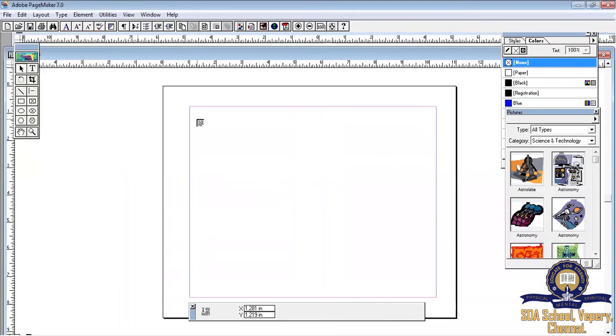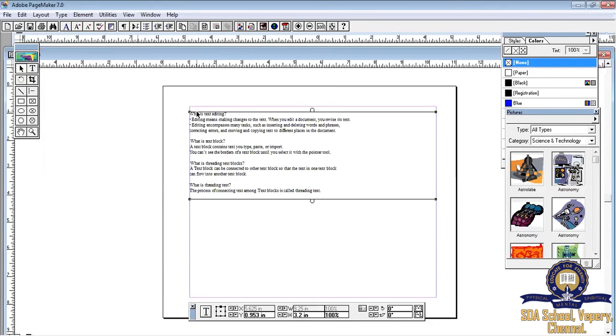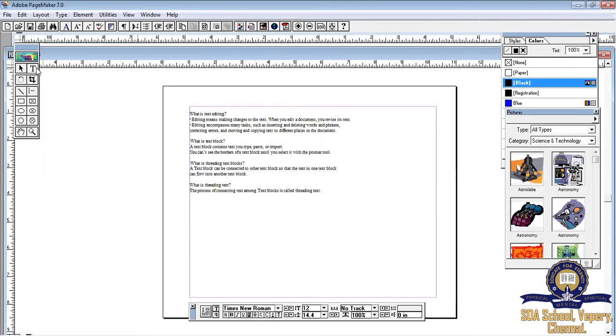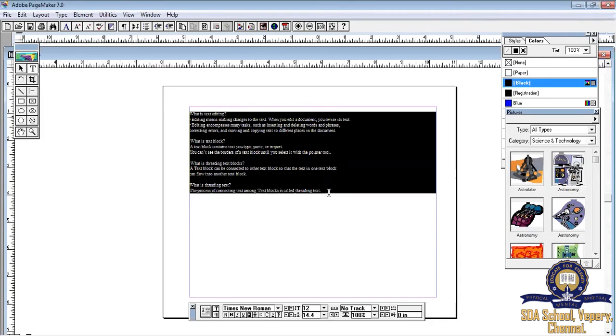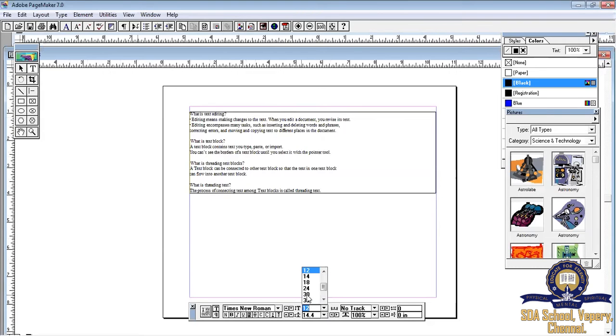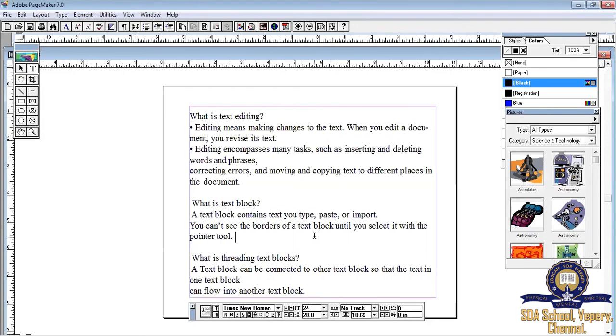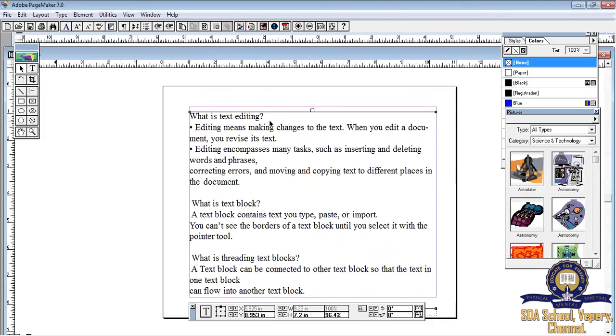Once you choose file number 3 in your place dialog box, the icon changes to a loaded text icon. Place it on the screen and click. The content is pasted from that file. Now select this content with the help of your text tool. Enlarge your font size. Select this text with the help of your pointer tool.